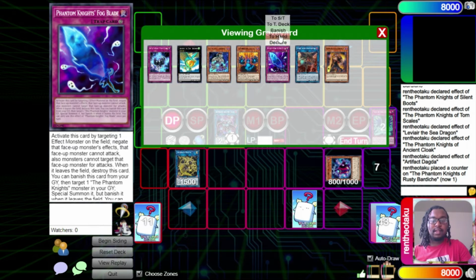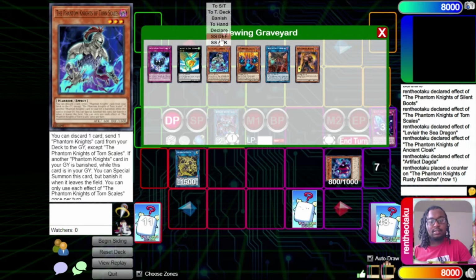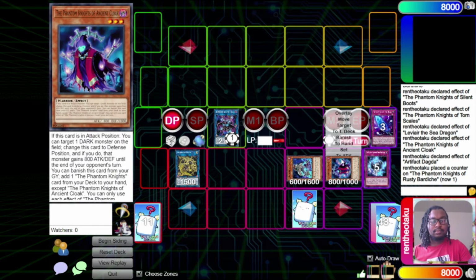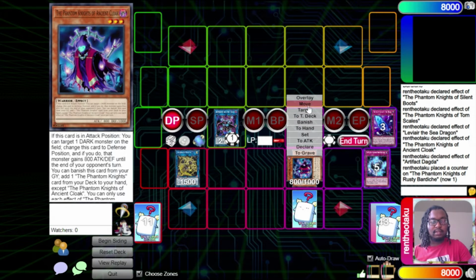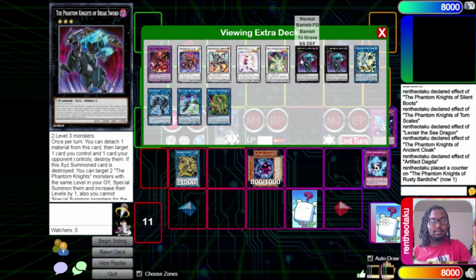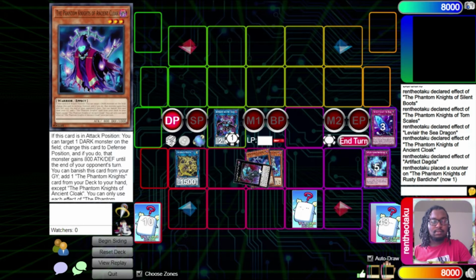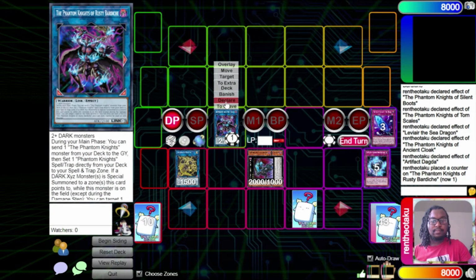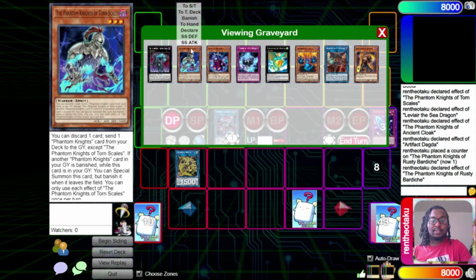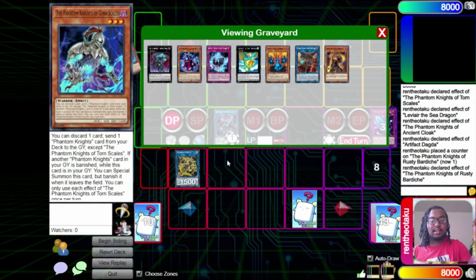And then we'll go ahead and use our Fog Blade in grave, banishing itself. No lag there. To special out the Torn Scales. Cool. I'll overlay these two. Then move them over here for a Break Sword. This will trigger the Rusty to pop the Break Sword. Then Break Sword's effect will trigger the special back out to your Phantom Knights as level 4s, which this part